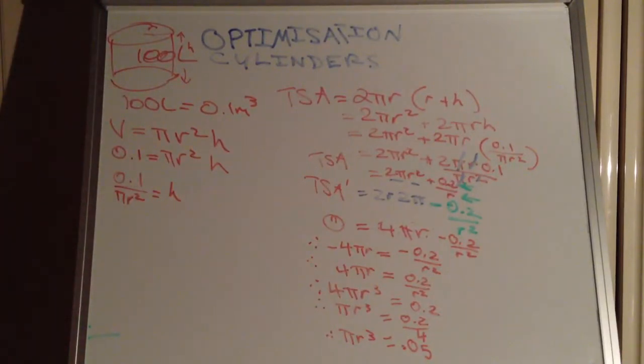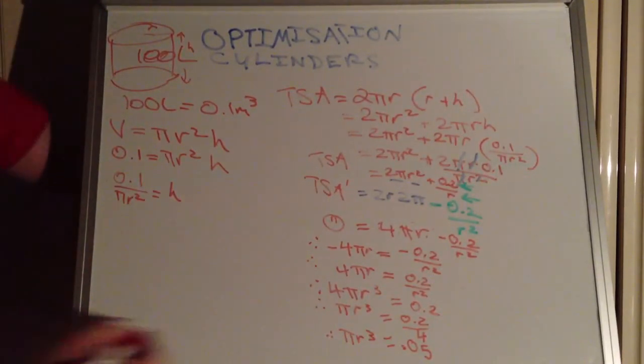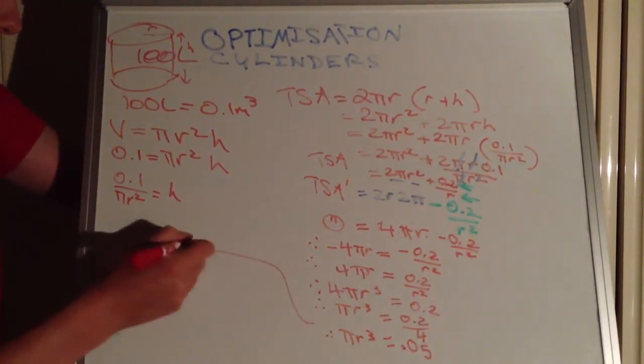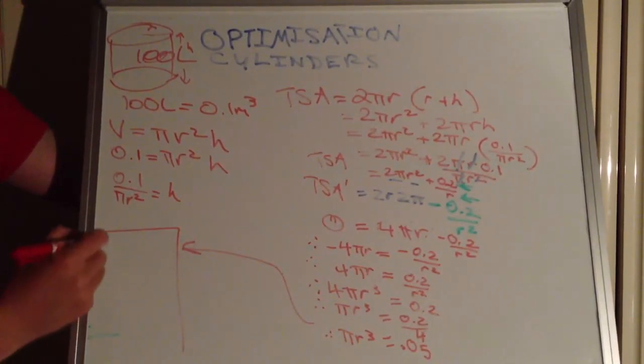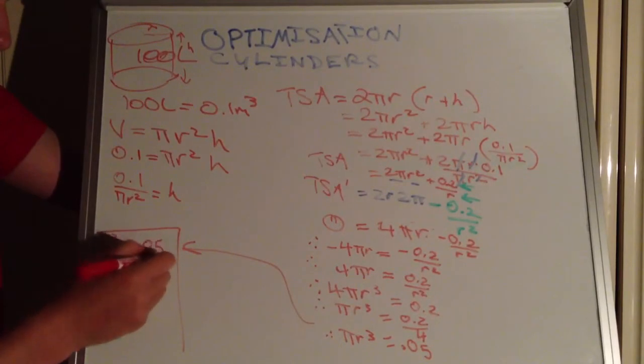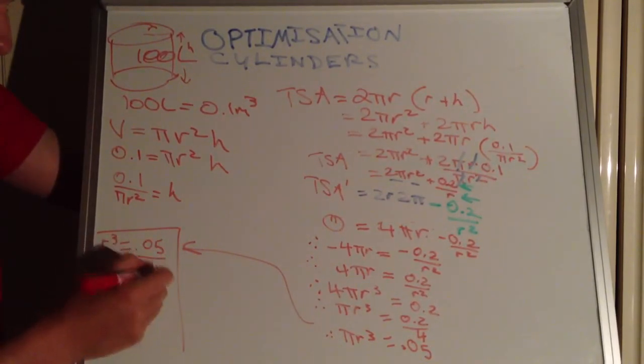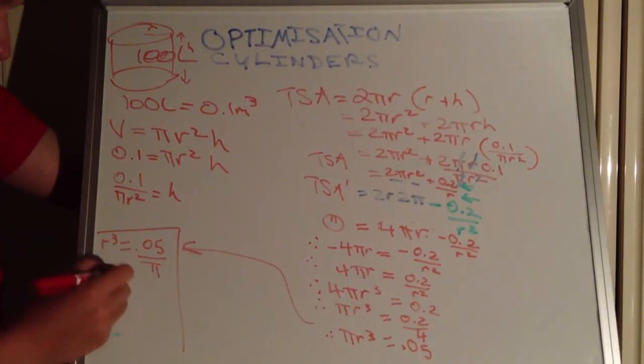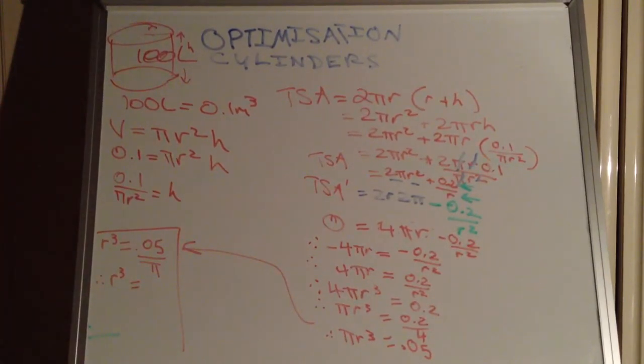And then what we do is we have 0.05 divided by pi. So I'm probably going to come up here, save some room. So we have r to the power of 3 equals 0.05 over pi. Therefore, r to the power of 3 equals, and I'm going to have to round